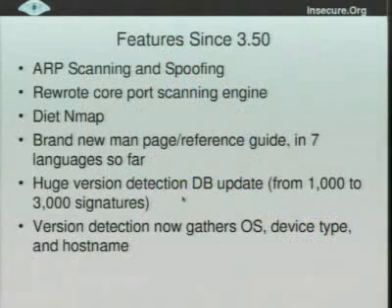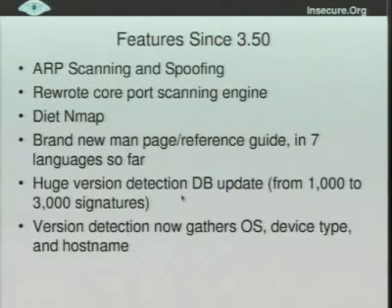I'll just very, very quickly mention the features since 3.50, which was the last major release 2 years ago. And so this is what's going to go in 4.0 and what's in 3.97 Shmoo. ARP scanning and spoofing can be really useful. Like if you're in a conference room and there are a bunch of ThinkPad users and one guy with